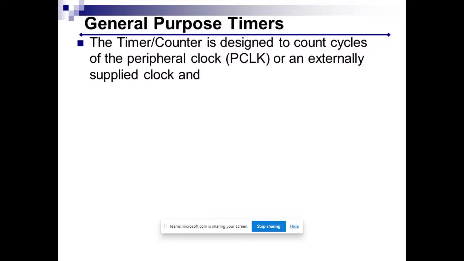For example, we have infrared sensors, or an optocoupler, or some kind of sensor which detects objects, and depending on the number of objects passing through the sensor, it will provide a number of clock pulses to our chip, and the number of clock pulses will be counted by the ARM processor.